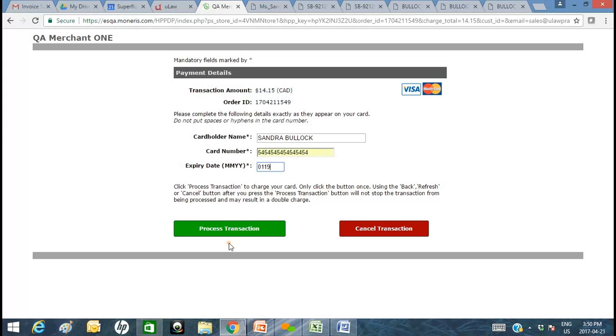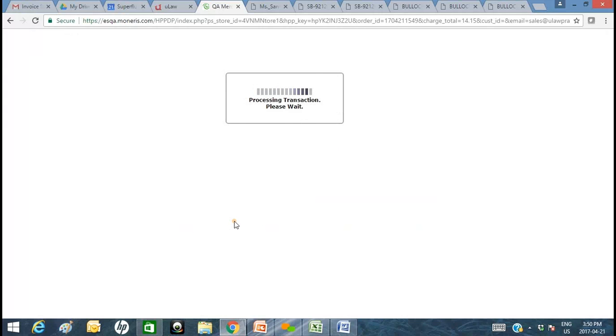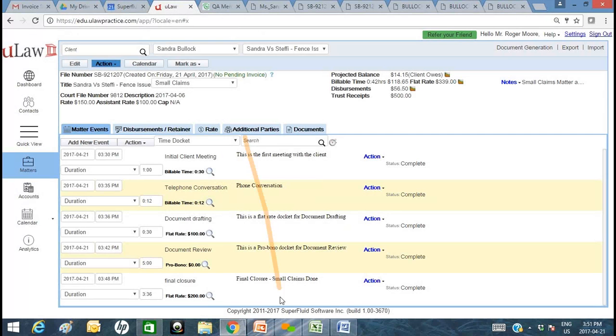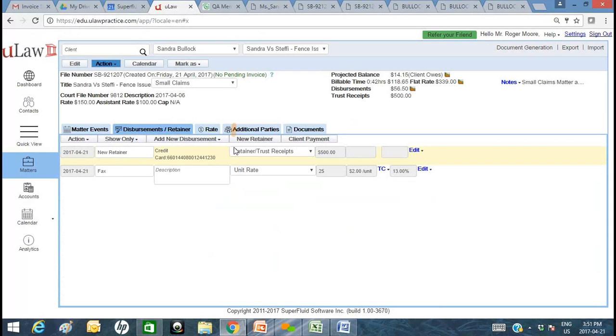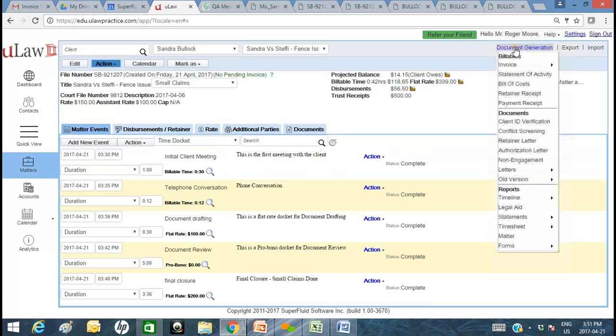Just like how you process that right within your office, you're now able to extend it right within your invoice as well. Okay? So there were no accounting touch points. All you've done is you've told us the file name, how much of a retainer you got in, all within legal lingo, the dockets that you put in, any disbursements, and raised invoices. The importance of this is behind the scenes,